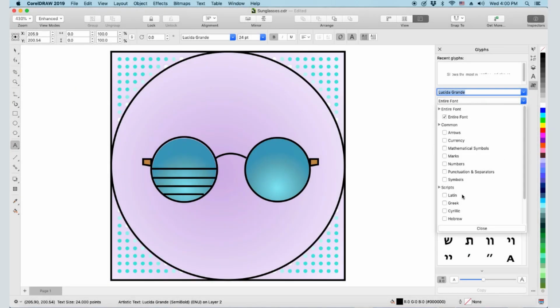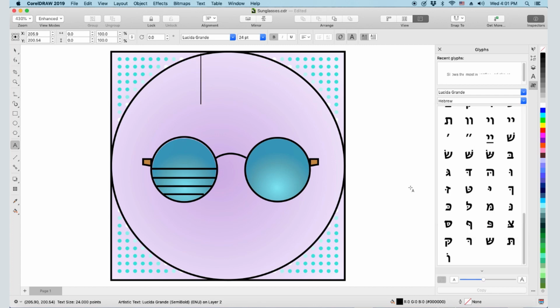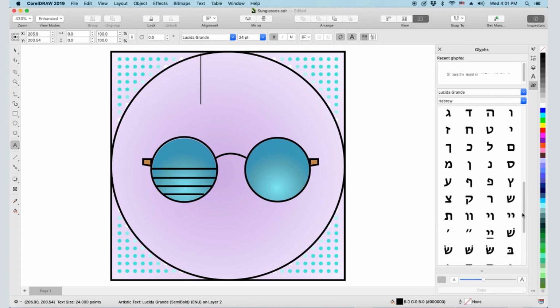In this video, I'll show how to find and use special characters and glyphs in CorelDRAW, as well as characters